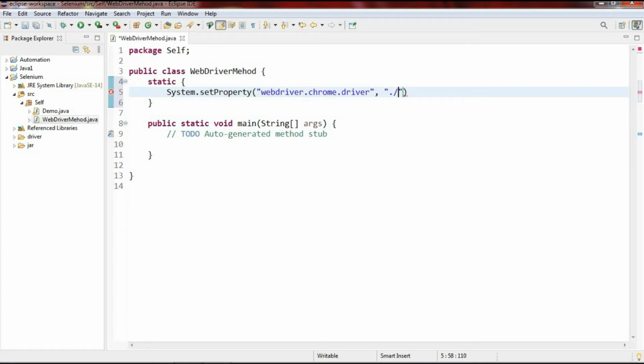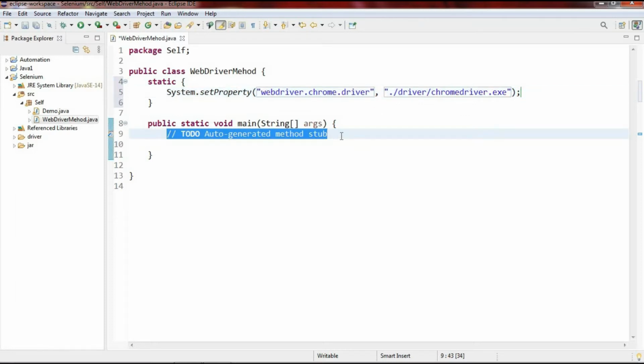Why am I using dot slash? When I use the dot slash, the cursor will be placed at the Selenium Java project. And now driver, this is a folder name, slash chromedriver.exe. That is the exe file location.